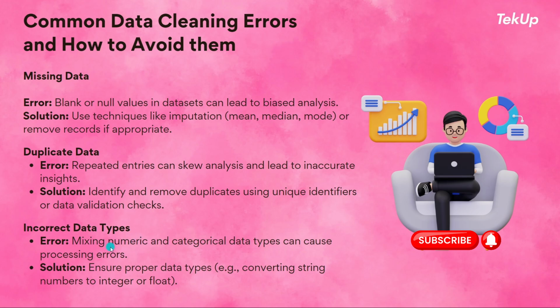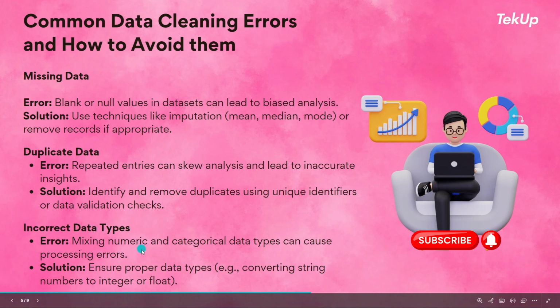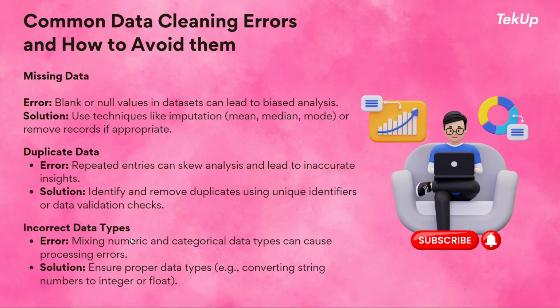Inaccurate data types error: mixing numeric and categorical data types can cause processing errors. Solution: ensure proper data types, for example, converting string numbers to integers or floats. When performing your analysis, some data types can be misinterpreted. For example, a column like total sales should be an integer or a float, but in some situations you'll see it as a string, which is inappropriate. It is your responsibility as a data analyst or data scientist to convert this data back to its